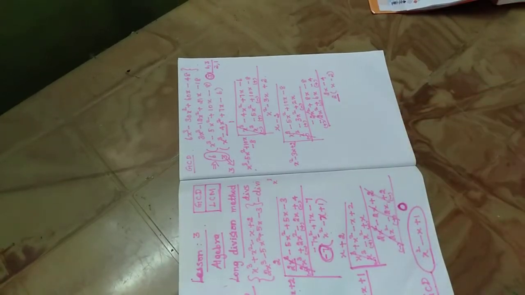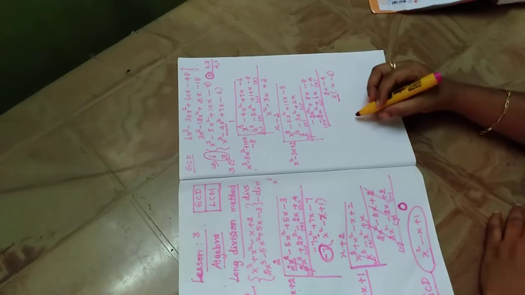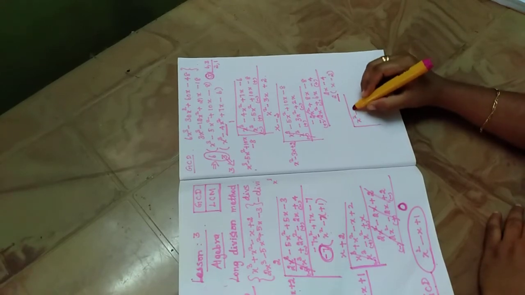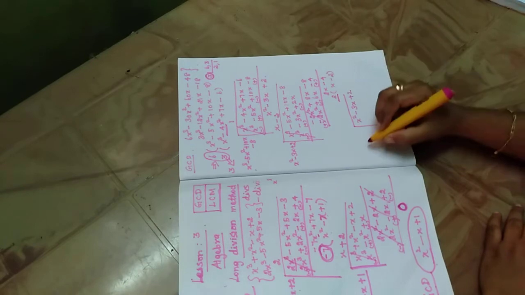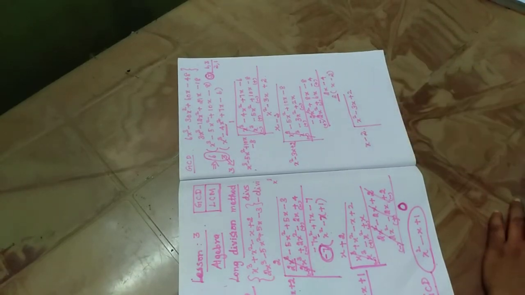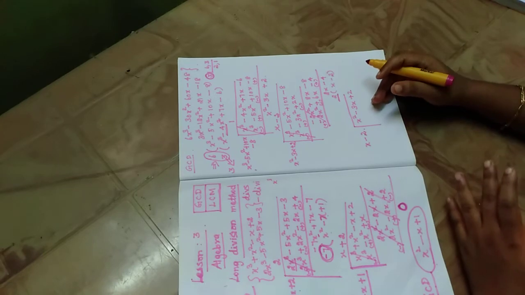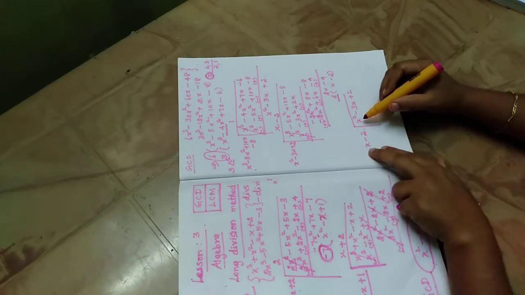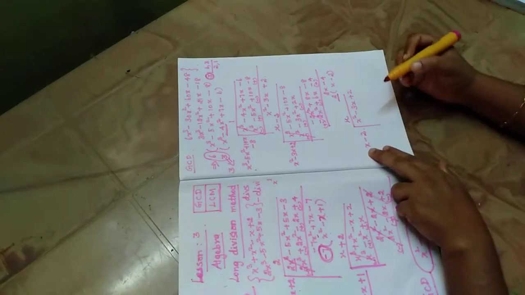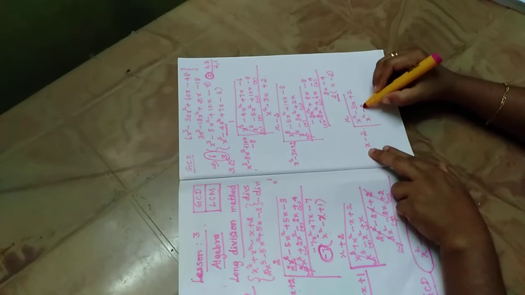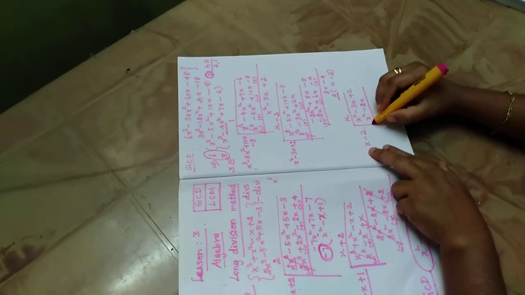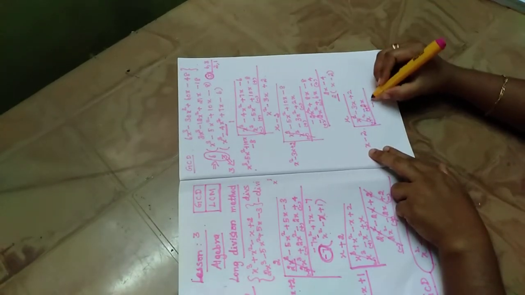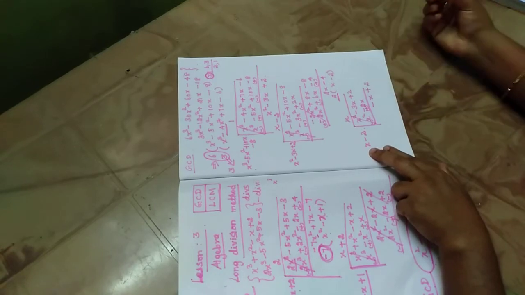Now it is continuing to the third step, isn't that so? So continue. x square minus 3x plus 2 into, let's see whether we are getting the remainder here as 0 or not. Okay. So x square, x multiplying with x. So x square minus 2x, minus plus. Okay. So what we will get is minus x plus 2.